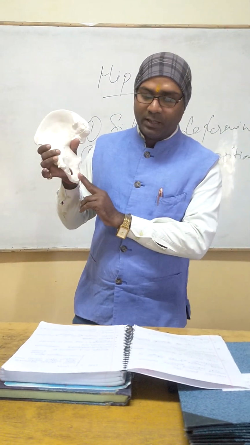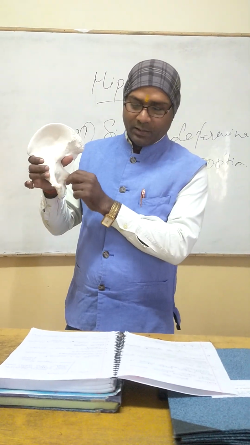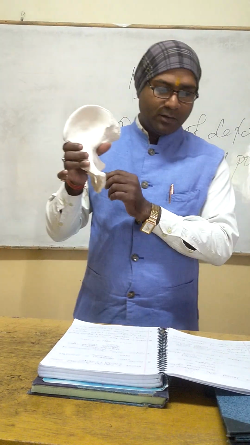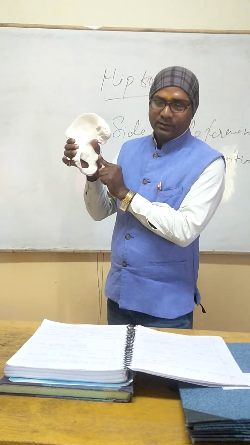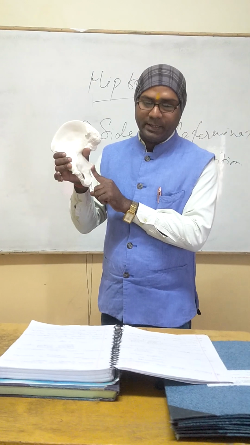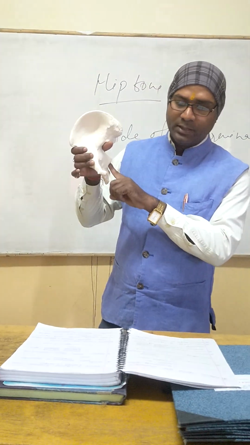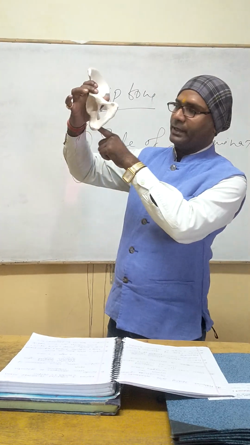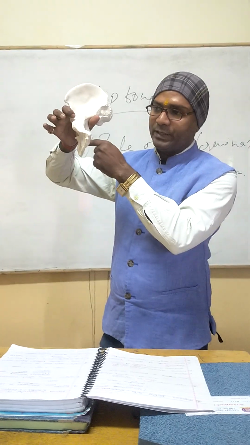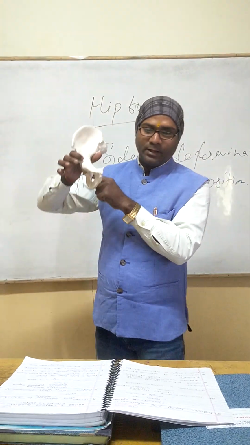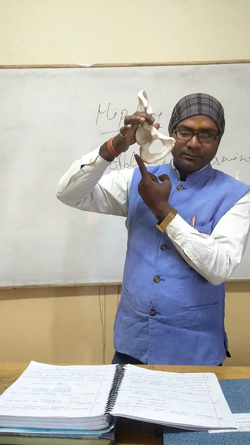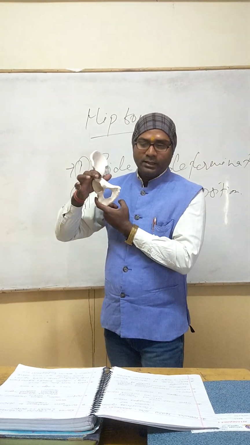Now we will talk about the borders. Anterior border, attachment of the obturator membrane, and on the posterior border we have the ischial spine, attachment to the sacrospinous ligament, levator ani and the coccygeus muscles. Okay, now we will talk about the lesser sciatic notch. At its upper end we have the gemellus superior and at the lower end the gemellus inferior, and on the lateral side, the tendon of obturator externus.